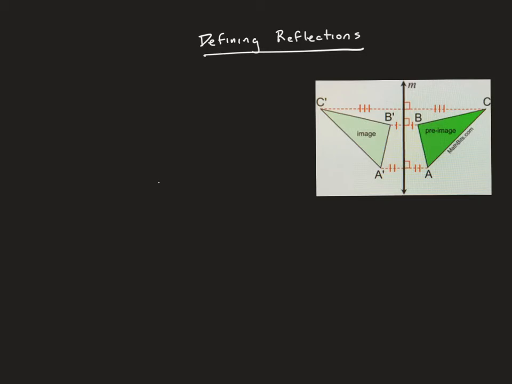So this line of reflection is going to be a perpendicular bisector of a segment connecting a point on the pre-image to the corresponding point on the image. So this is showing me that this distance and this distance are equal. This line of reflection is perpendicular, so therefore it's a perpendicular bisector because it cuts this distance in half. So the line is perpendicular, and then of course the points, if I were to draw them here,